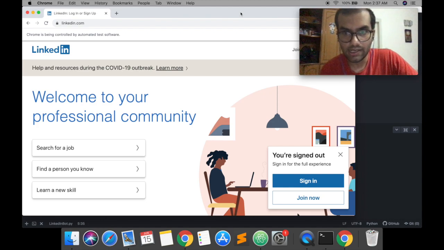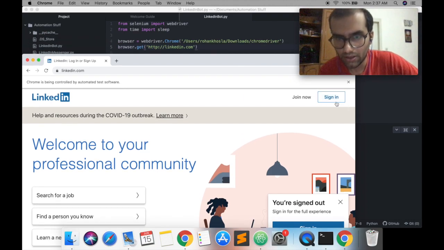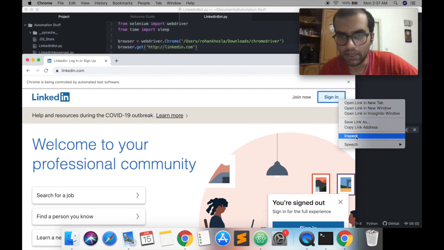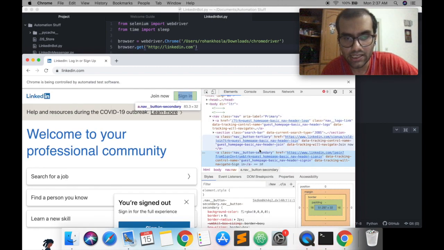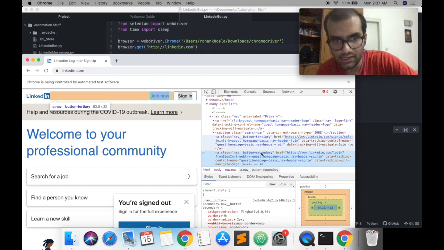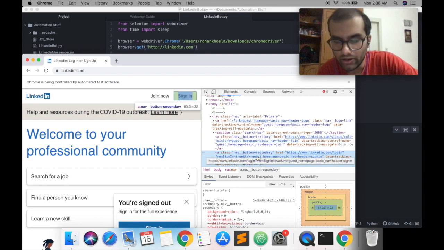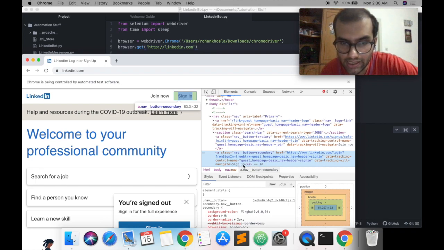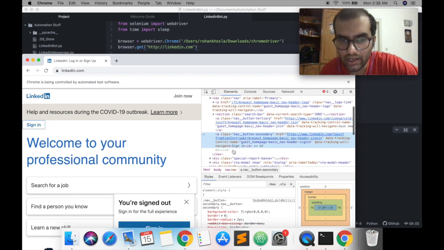The first thing, as I discussed, would be signing in. So we'll come here on sign in and inspect element, which is right here, inspect. This is the HTML for this sign in button. Over here we can see that it says sign in right there. So this is our identification.